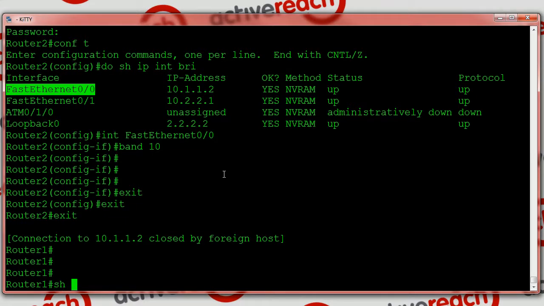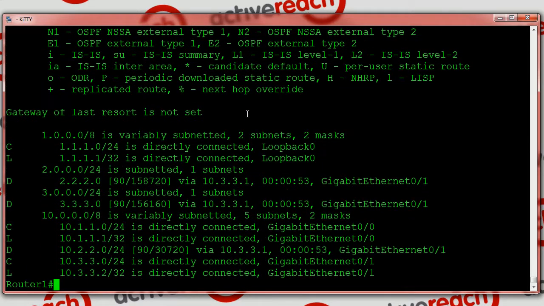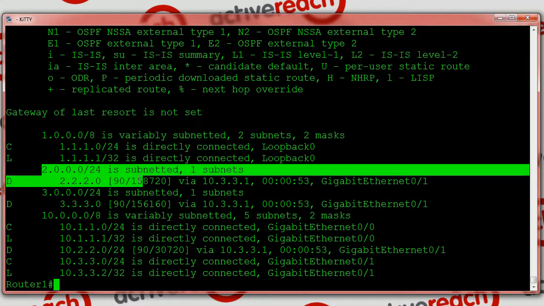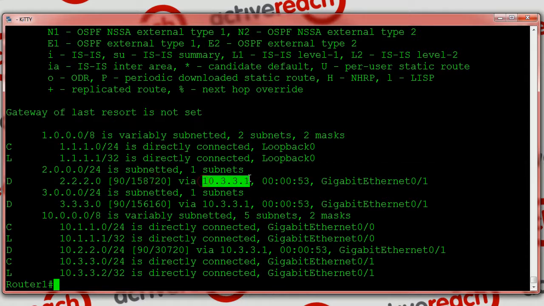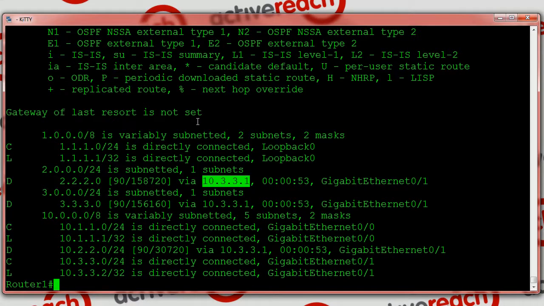So now let's have a look at the routing table on router 1. You can see here now the path to get to 2.2.2.2 is via 10.3.3.1. It now prefers, from here, to get to 2.2.2.2, to go down here. This has been calculated as a faster route than this path down here. So you can see how the bandwidth has affected the